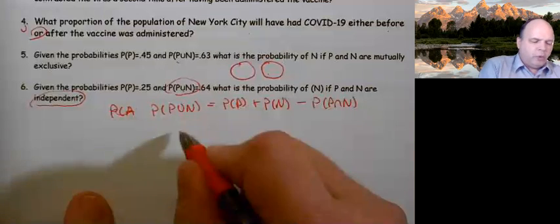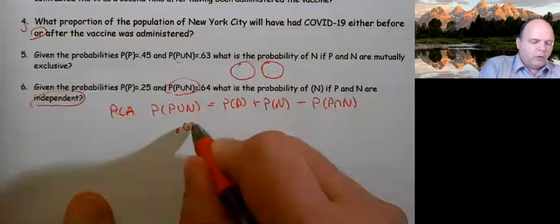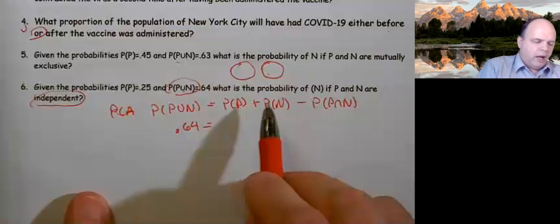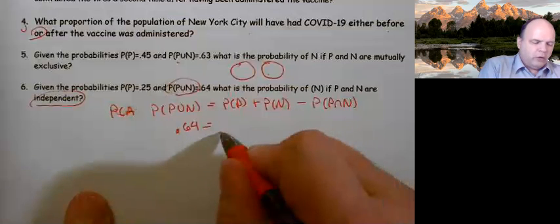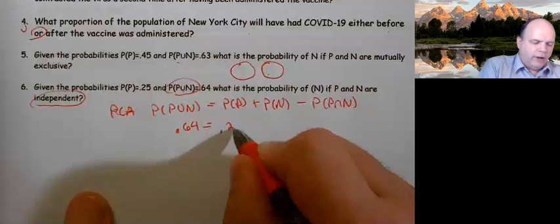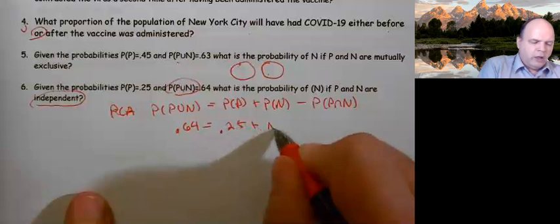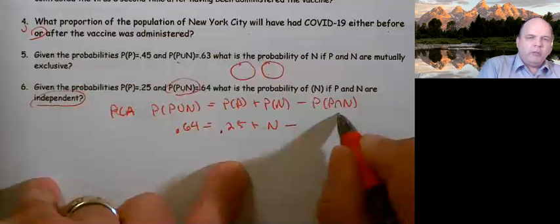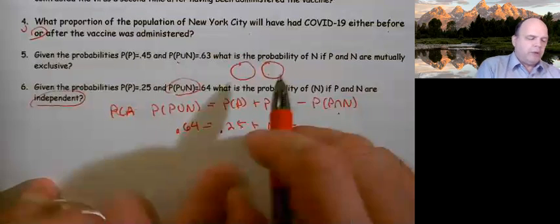This is 0.64, and this is 0.25. I don't know N, and I don't know my intersection, but they give me one other piece of information,